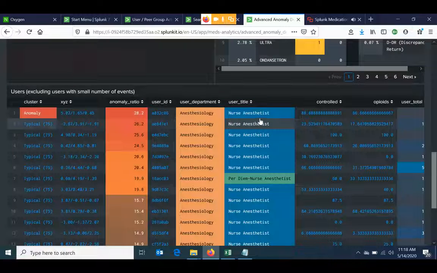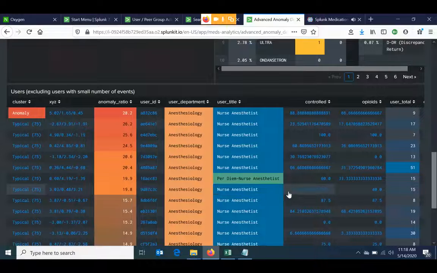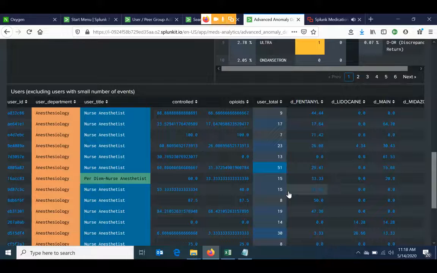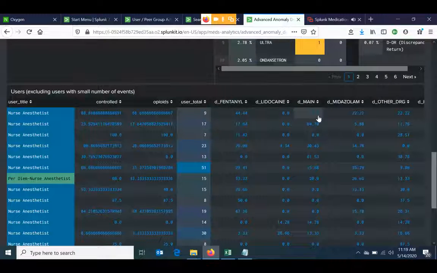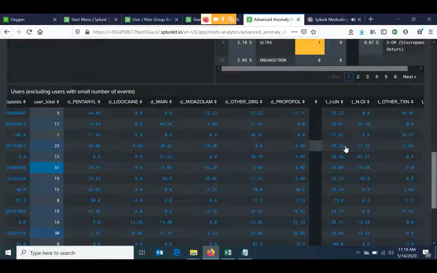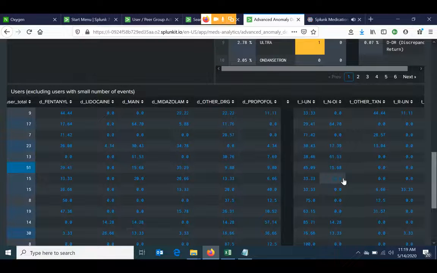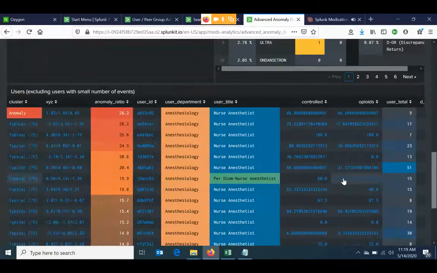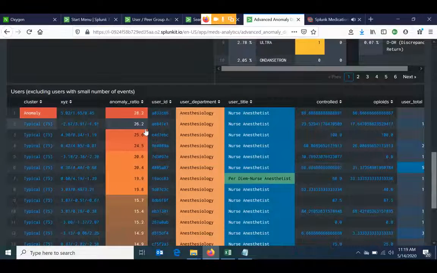Of course, this is a nurse anesthetist who maybe mistakenly used wrong substances, and their content, how many controlled, how many dangerous substances might harm the patients, and the quantity of all the substances there. So by that, Splunk can calculate the statistics of the usage, and it can give you alerts around it, and gives you